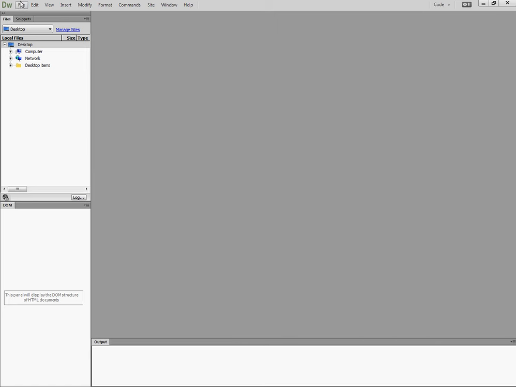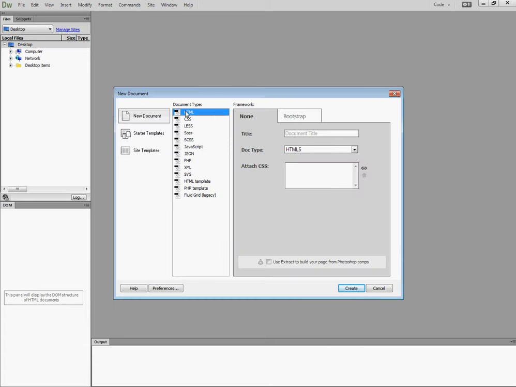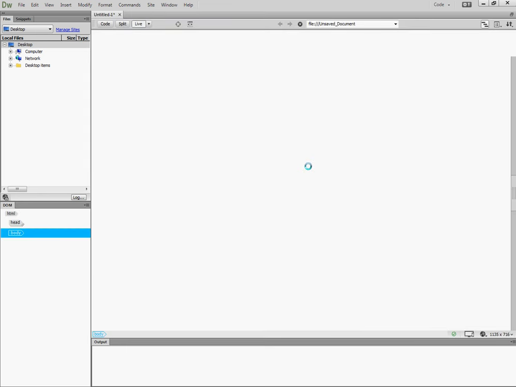What I want to do is create a new file, which is an HTML. I don't want a bootstrap, I just want to keep it nice and plain. The document title is My First Website. I don't need to attach anything there at all. So I've clicked on File and New, I've got a new document. Don't need a bootstrap, giving it a title, HTML5, click on Create. And what I get